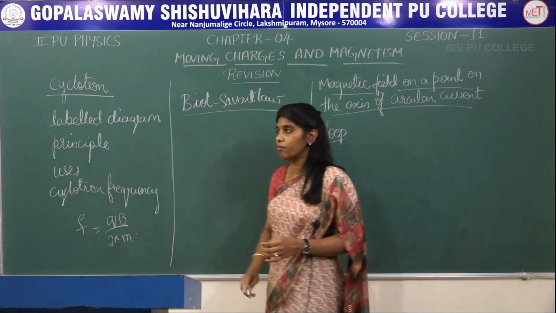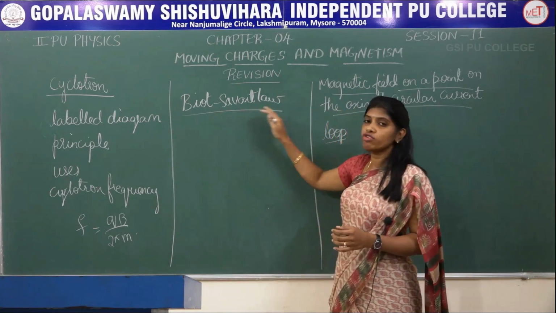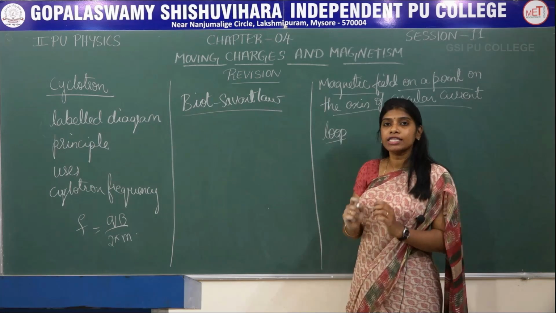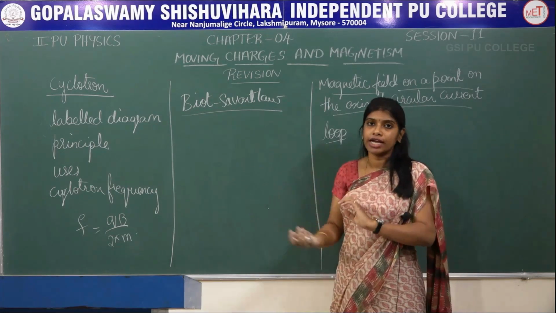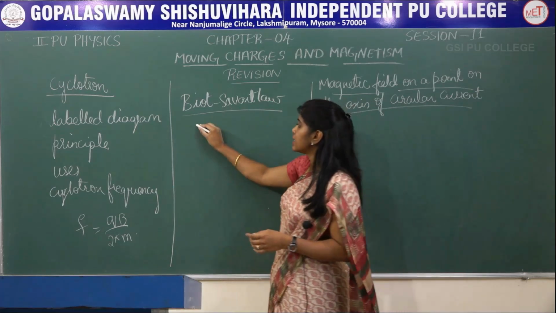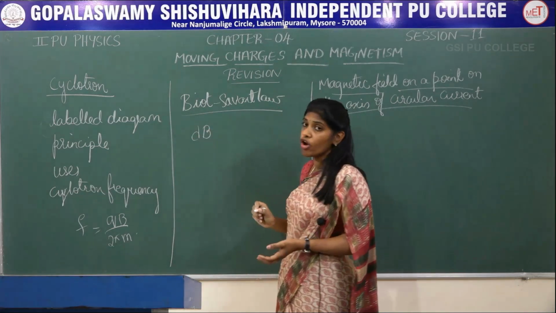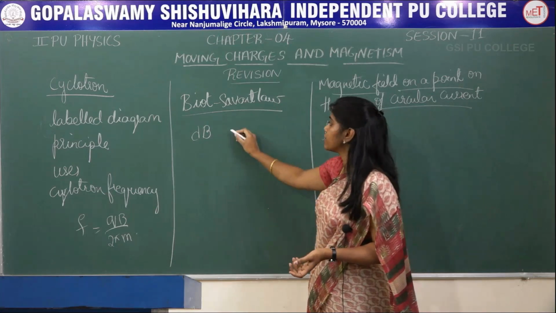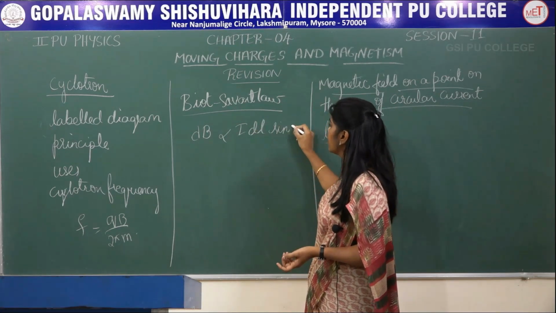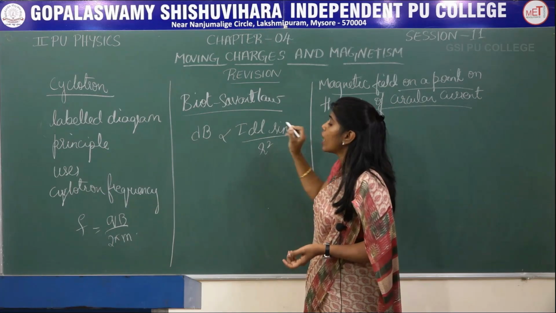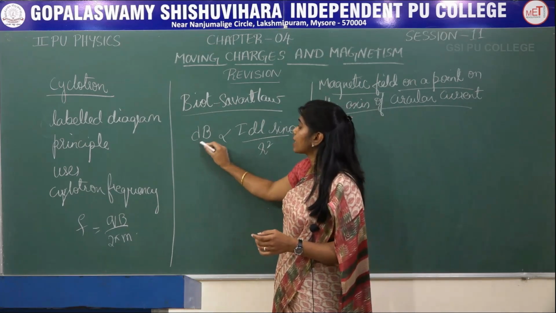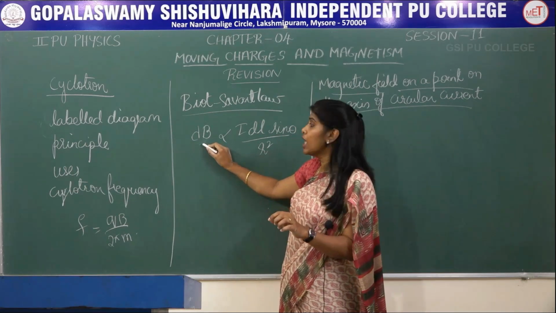So remember this formula. Next, Biot-Savart law. This is one method of finding the magnetic field at some point around the current carrying conductor. According to Biot-Savart's law, the magnetic field at any point around the current carrying conductor will be proportional to I dl sin theta by r square. So according to the statement of Biot-Savart's law, the magnitude of the magnetic field at a point